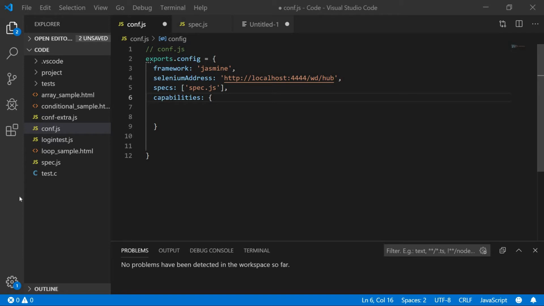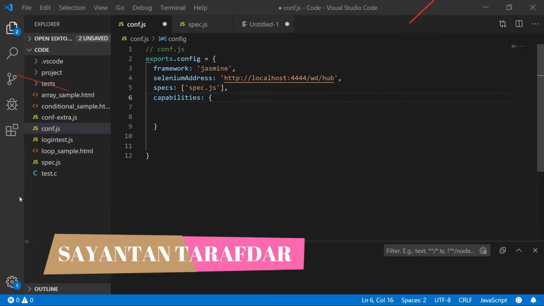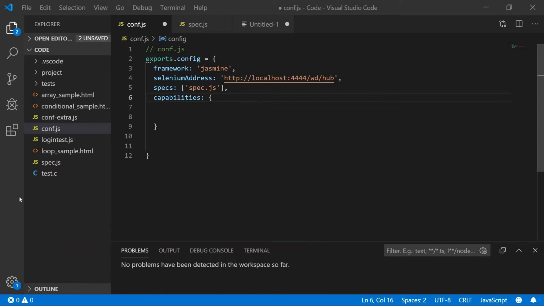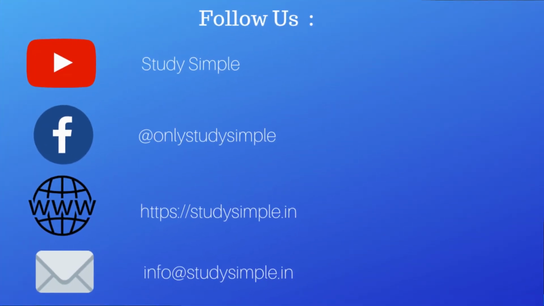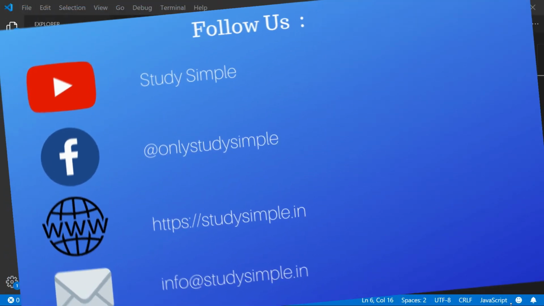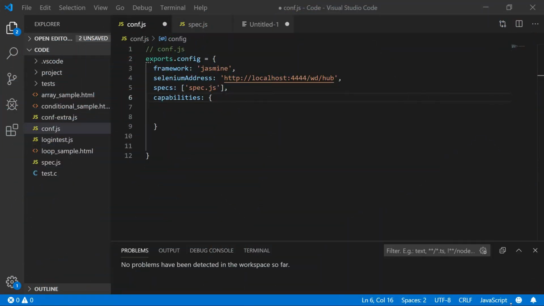What is headless? In the normal procedure, when we are launching a website, we just open a browser, preferably Chrome or Firefox or Internet Explorer, whatever you have. We open it, write the URL and hit enter. In the headless concept, we do not need to open the browser and hit the URL, but everything happens internally. That means visually we cannot see it, but it is happening internally, behind the screen.